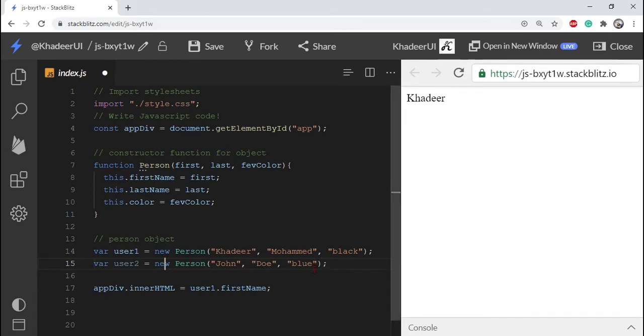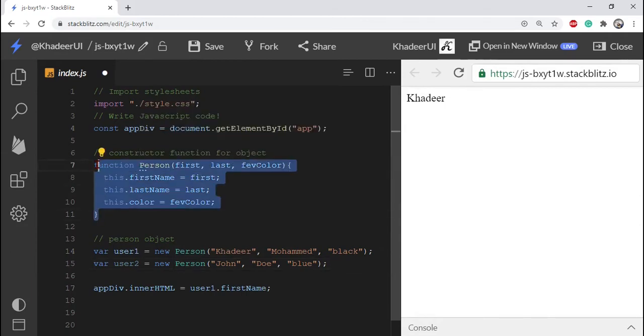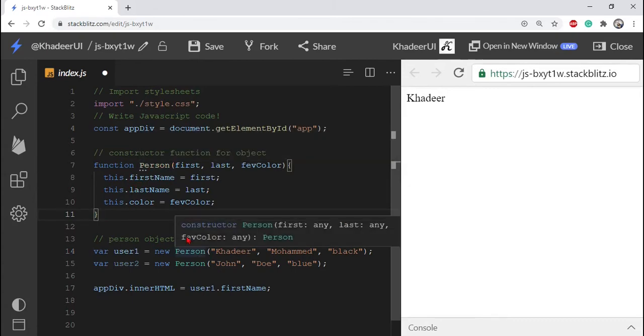So this is multiple objects, you can write up to n, something like that. This is the process. You don't need a new function every time. It is only for the same type of values. Here the same arguments are passed to the same constructor function, so one type of function is used.